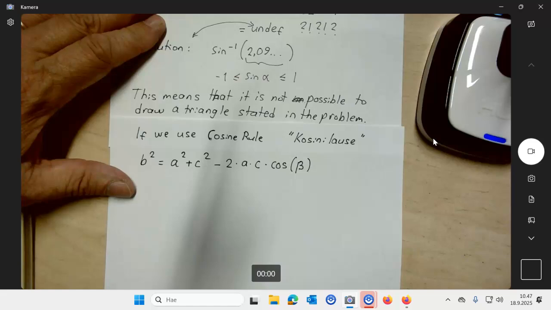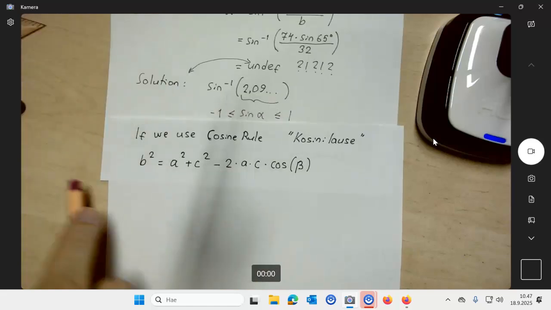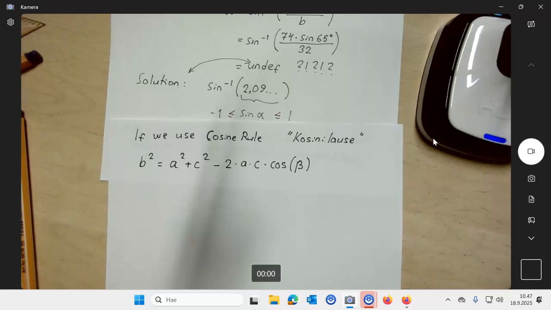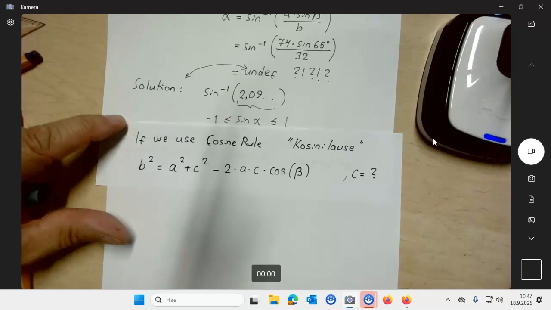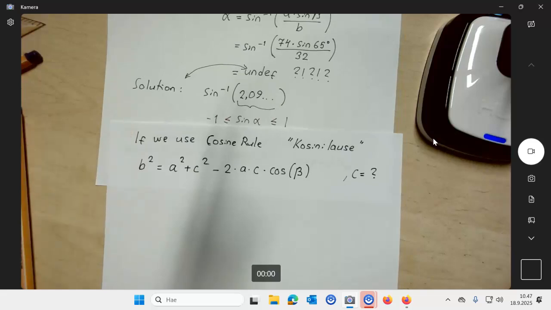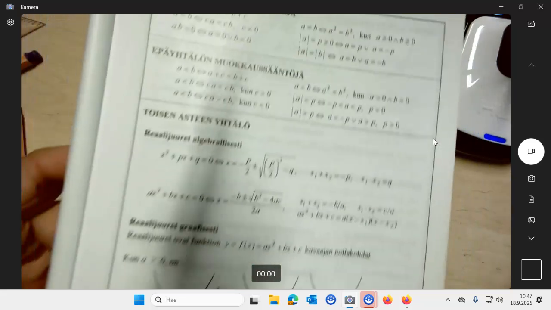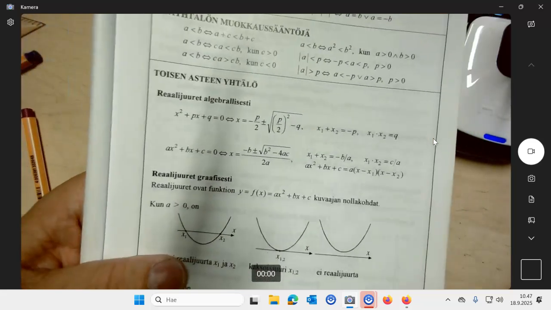But we have to solve c here. c is unknown in this equation. So if we get an equation where there are second order terms of the unknown, mostly we have to use a formula to solve that. So here we can see